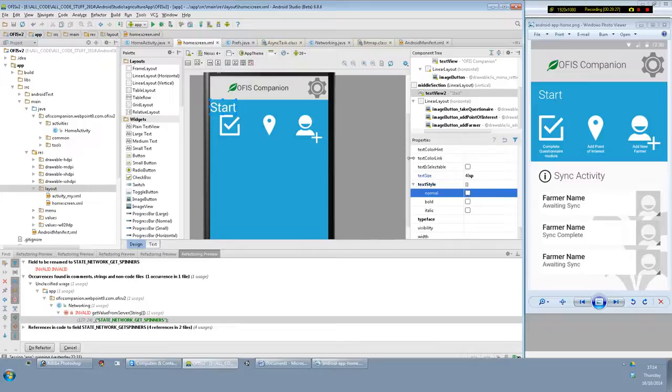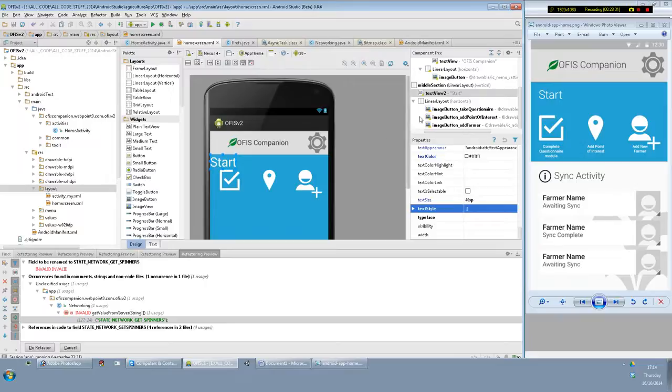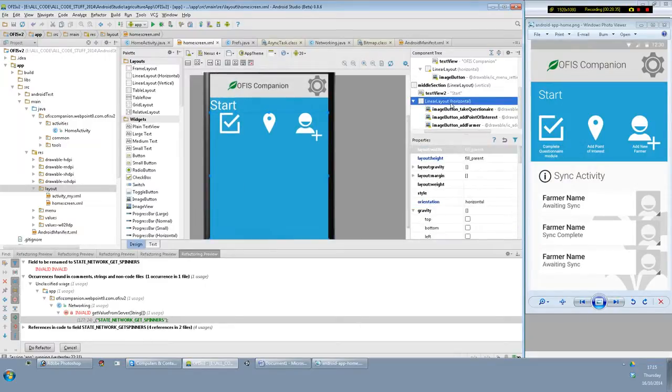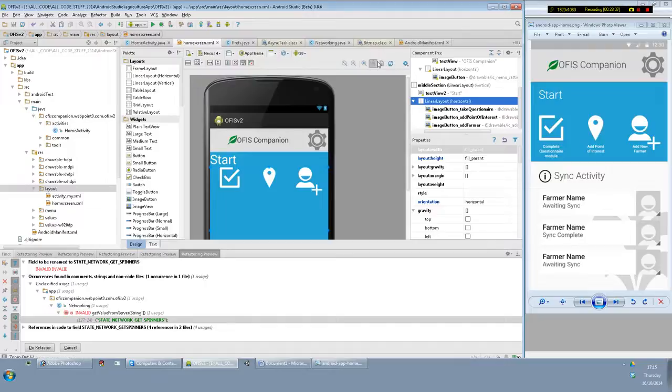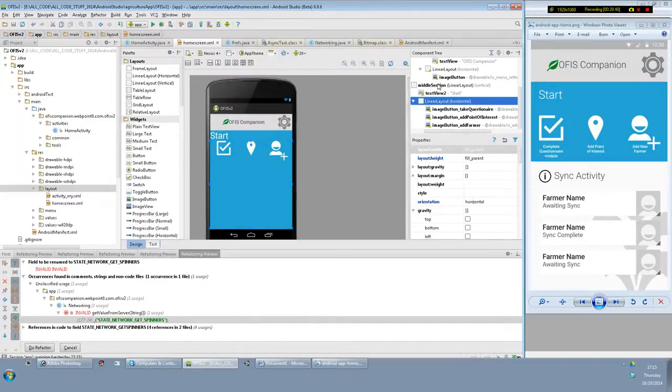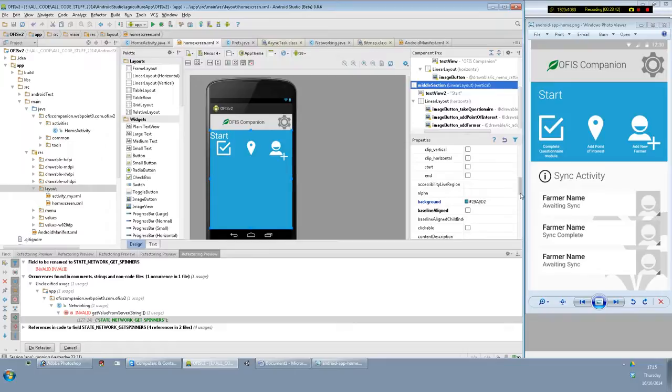But that doesn't really matter, because that is just what it looks like in this. On devices it looks quite different. Now I need to push that start in a bit, so what we want to do really is make the middle section here have padding. Click on the middle section. Go down to padding,